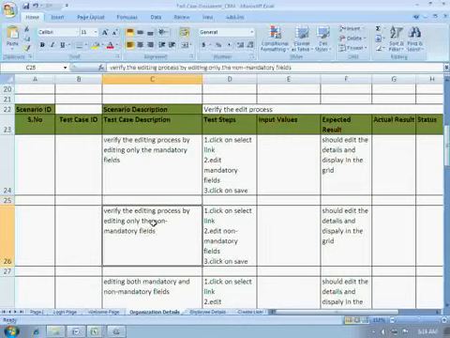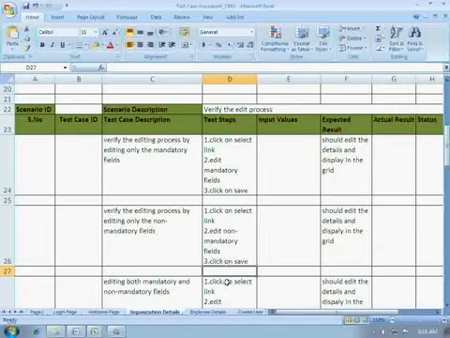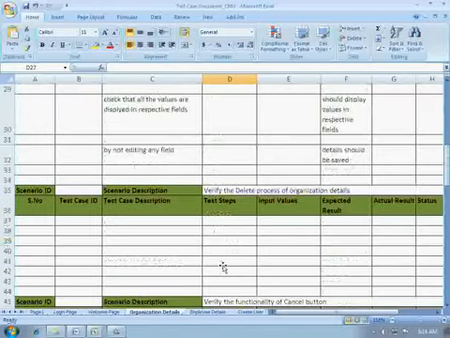After this, we have verified the editing process by editing only non-mandatory fields. After this step you can also write queries here. After each and every step you can write queries there.